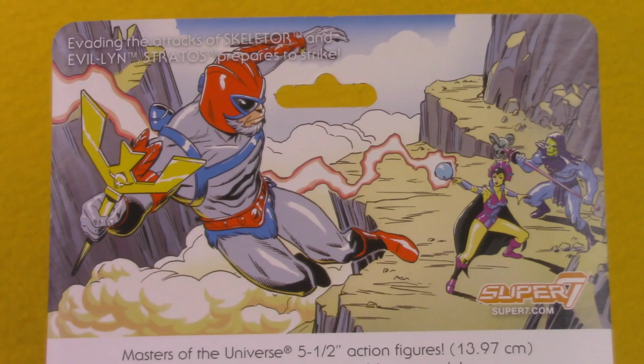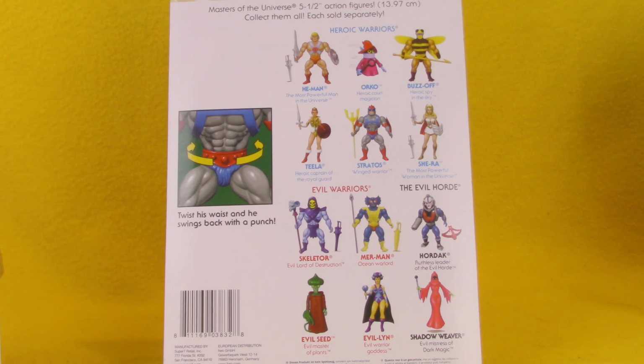The Super7 card back features Stratos battling Evil Lyn and Skeletor. It's in sort of a muted comic book style art, somewhat similar to what we would have seen on a vintage action figure from this line. His packaging has a call out for his Power Punch action and shows off a whole bunch of characters made by Super7 in the Filmation style, including He-Man, Orko, Buzz-Off, Teela, Stratos, She-Ra, Skeletor, Merman, Hordak, Evil Lyn, Evil Seed,